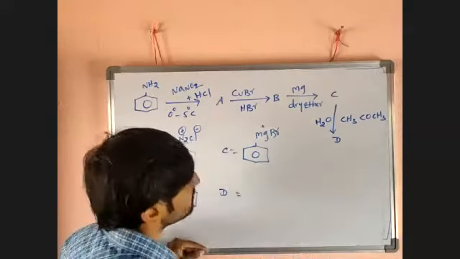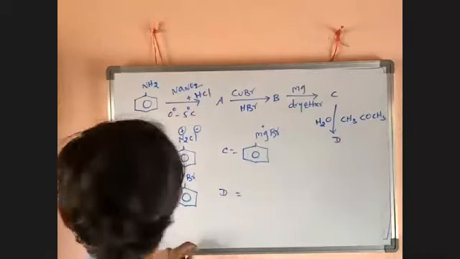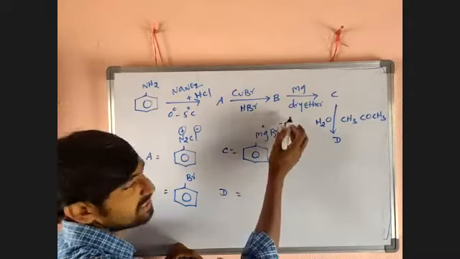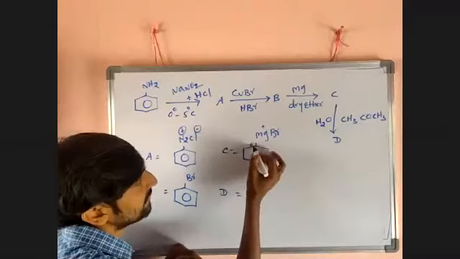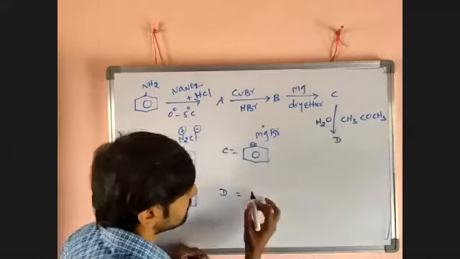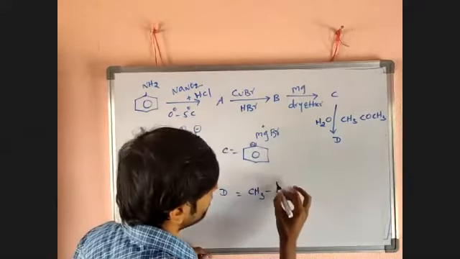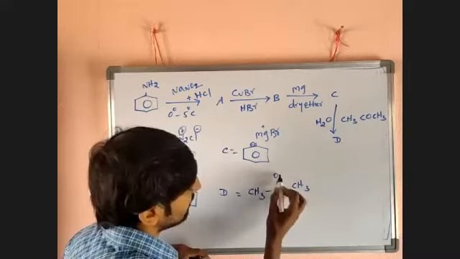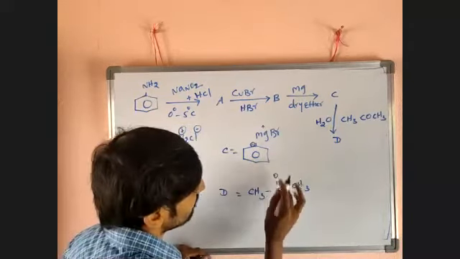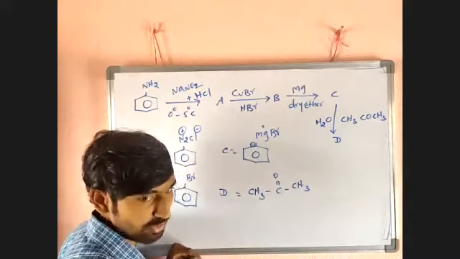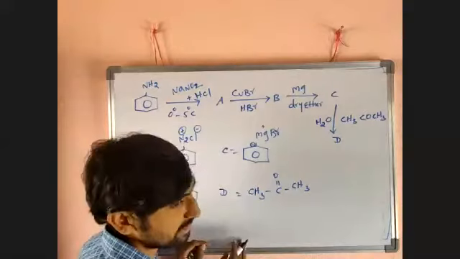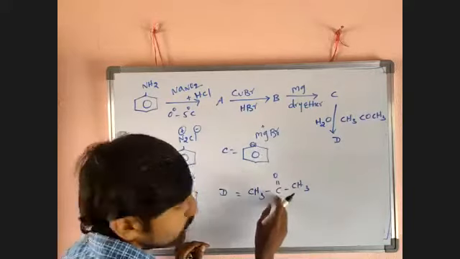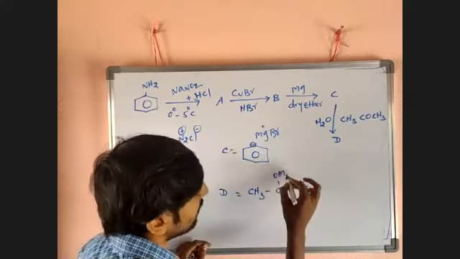I told you a number of times, Mg is plus, Br is minus. Sorry. Mg is plus, and this ring will get a negative charge. There is CH3COCH3 now. Then have to take CH3COCH3 like this. So oxygen is electronegative. It will get minus there. Then carbon will get positive charge. Oxygen will get negative charge. This positive part MgBr gets attached to oxygen. This entire ring will attach to the carbon. So we will get OMgBr.